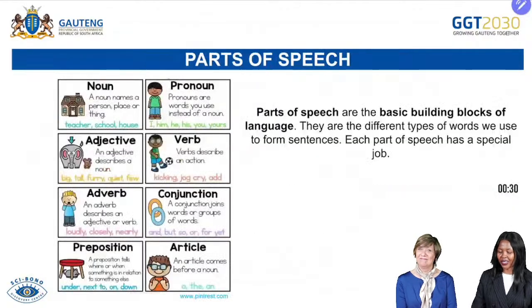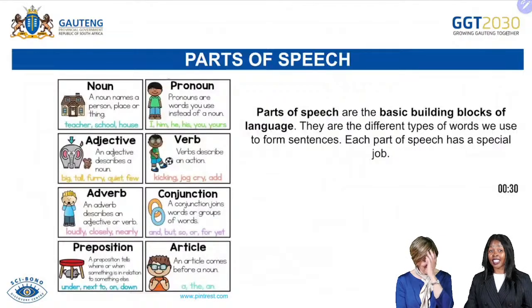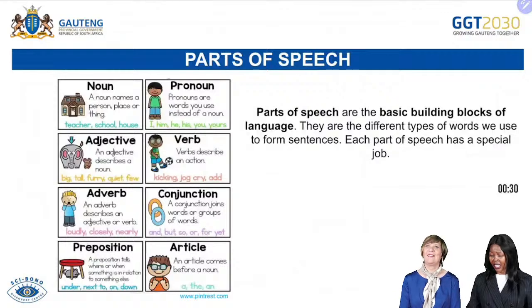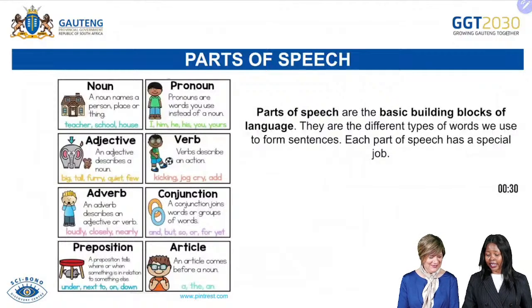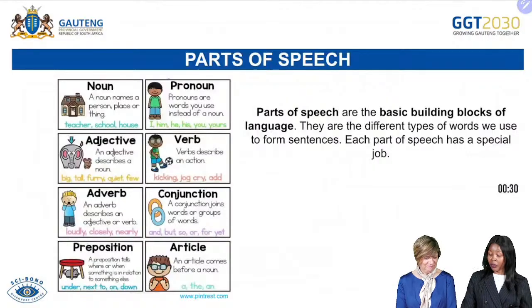Well done. Now we are looking at the different parts of speech. I always say that you learned this from grade 3, and you know this from the back of your head. Now we've been given exactly 8 of them, which is a noun, a verb, pronoun, adjective, adverb, conjunction, preposition, and